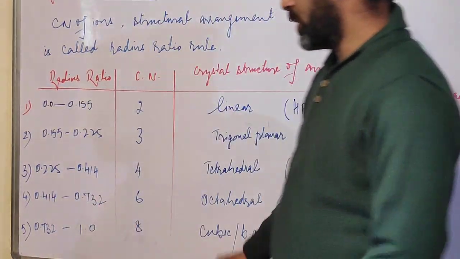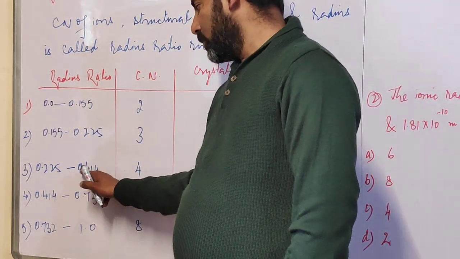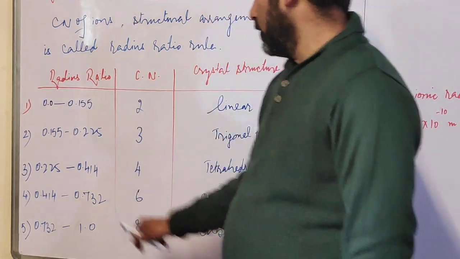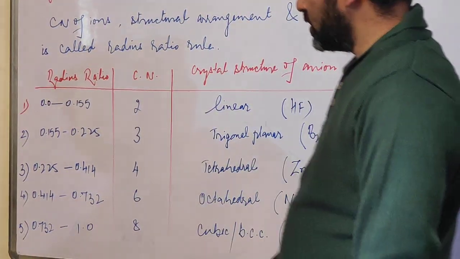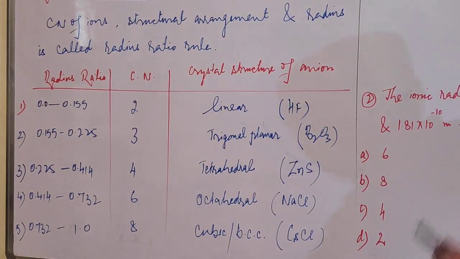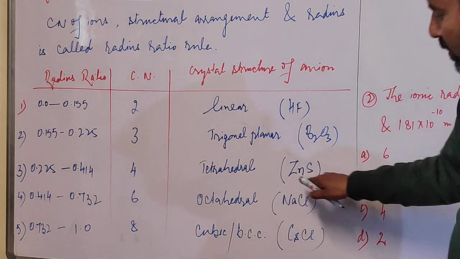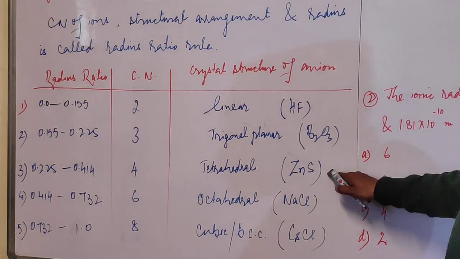Thirdly, if the radius ratio lies in the range 0.225 to 0.414, the coordination number of ions is 4, and the relative arrangement of the other ion around that ion would be what? Tetrahedral. Zinc blende crystals